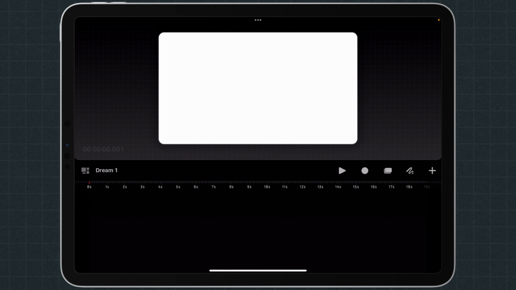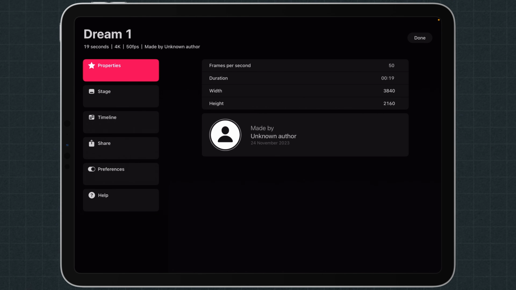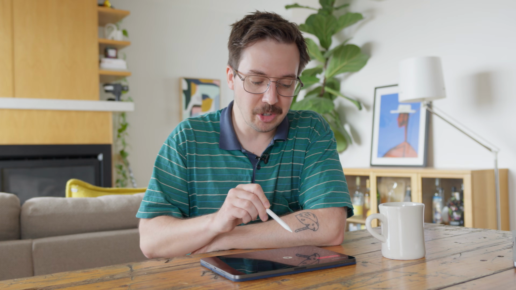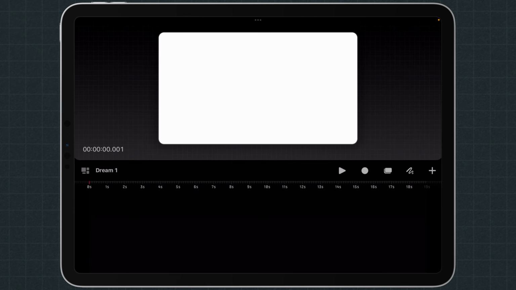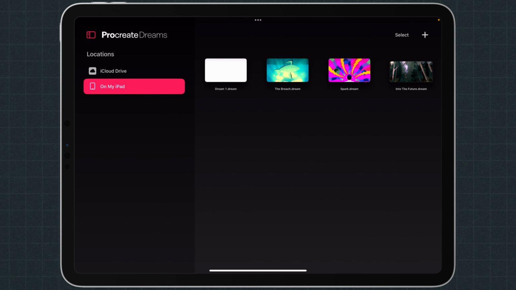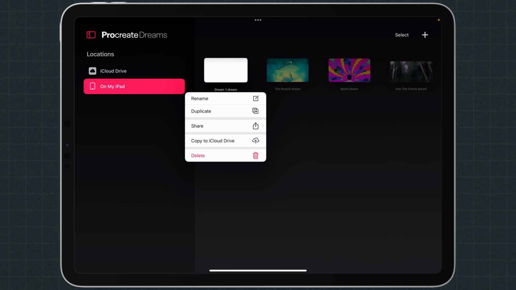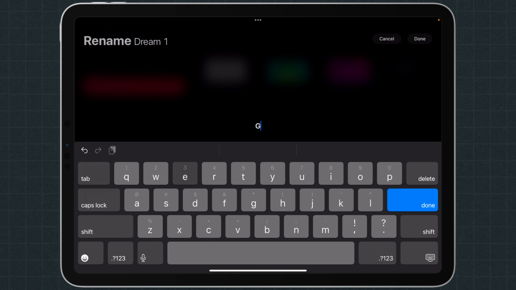And then next to it where the title is, you can also hit that and it will bring up your settings. Now, as it stands right now, I'm 99% sure, tell me in the comments if I'm wrong, that I cannot change the name of this project in the settings here. You have to go back out to the dashboard, then you can click and long hold on here, and then you can rename. So we'll just rename this Getting Started.